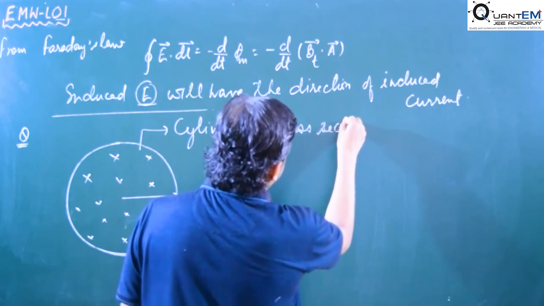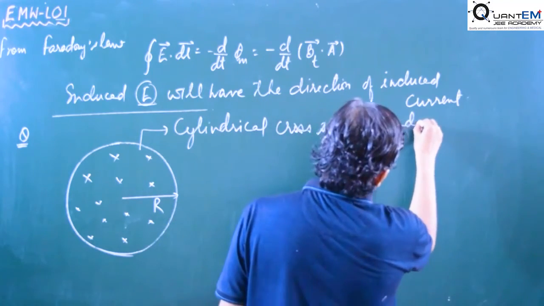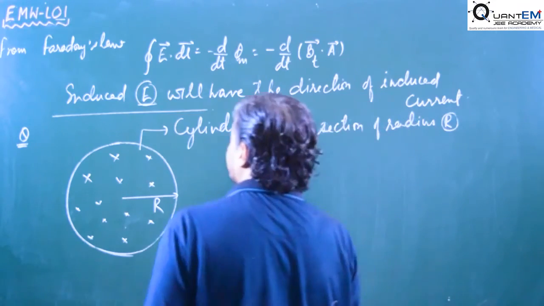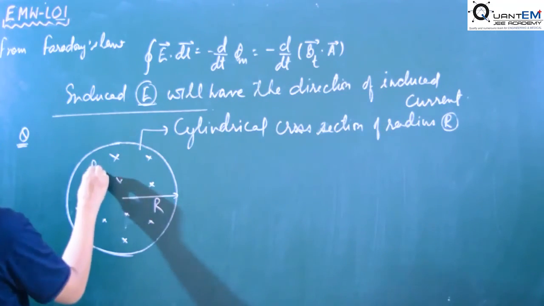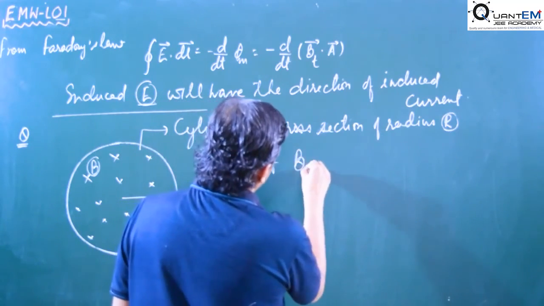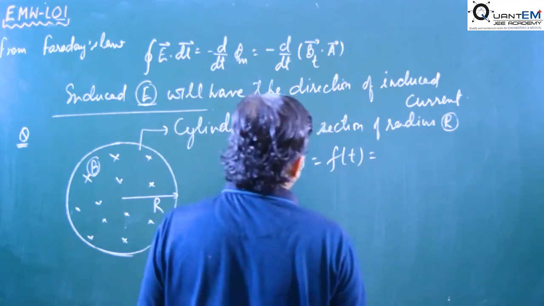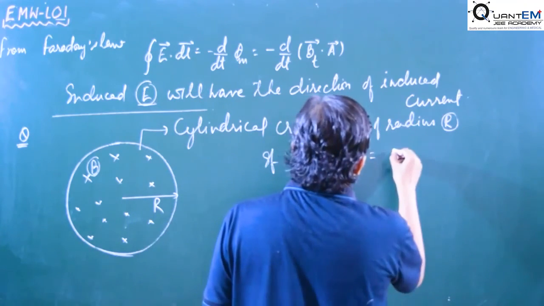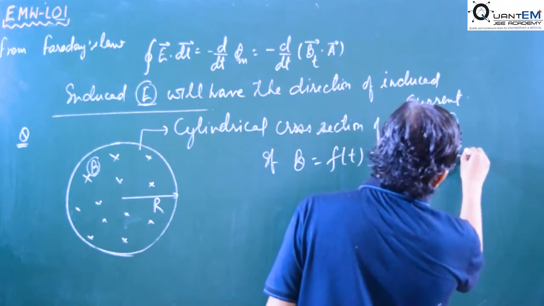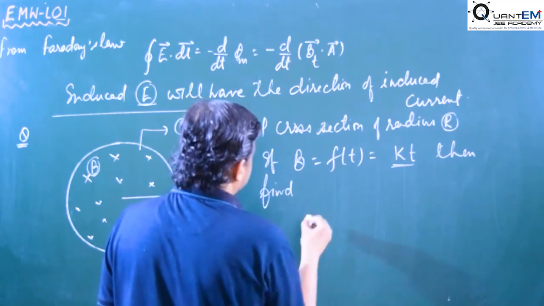Cross section of the cylinder is circular of a radius R we have. Okay, and here magnetic field is B. So see, if magnetic field is the function of time, ये फंक्शन ऑफ टाइम हमने कंसिडर कर लिया. सपोज k इज कांस्टेंट, देन फाइंड